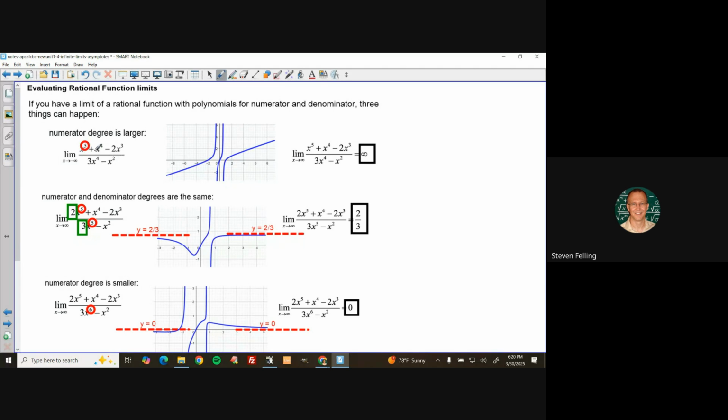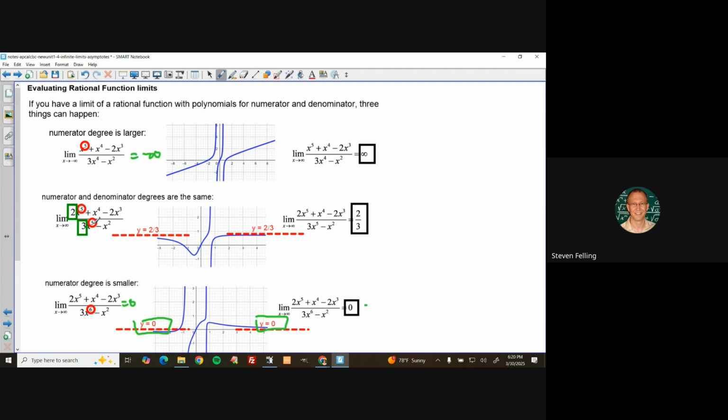That means the numerator is definitely going to infinity faster, and that means this is going to approach infinity, right? In fact, this is going to go off to negative infinity on the left, and to positive infinity on the right. If the degree in the numerator is smaller than the degree in the denominator, that means the denominator is winning out, and this will approach 0, both on the left and the right-hand side, so we have horizontal asymptotes of y equals 0. And if the degrees are the same, x to the fifth,